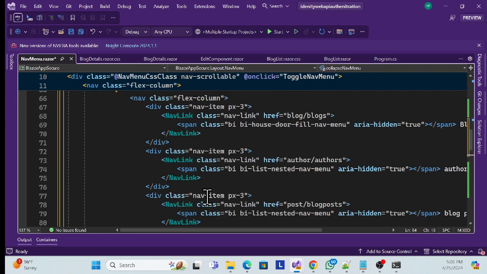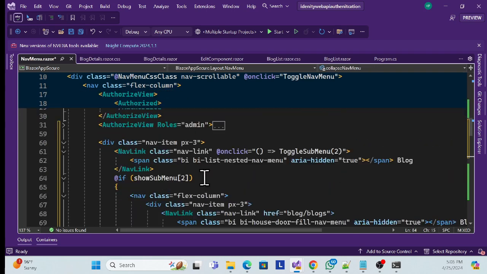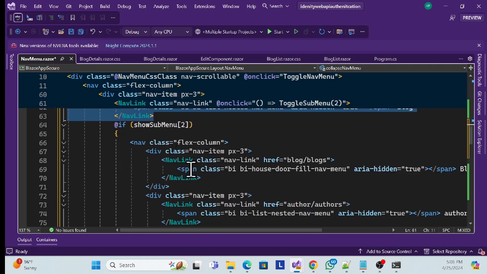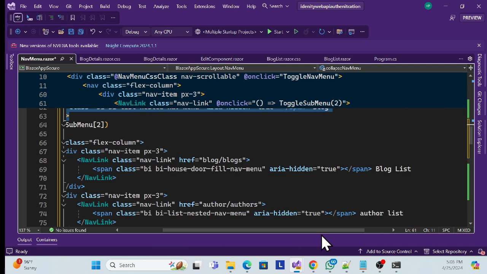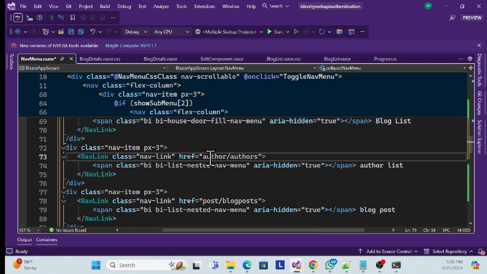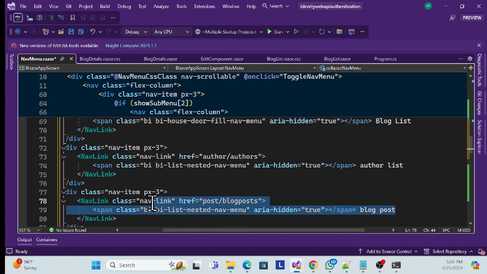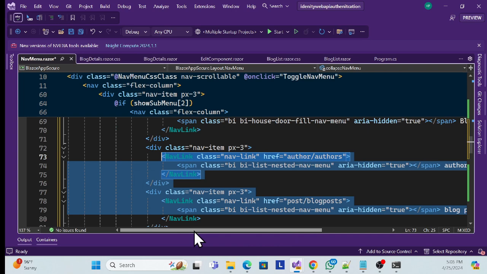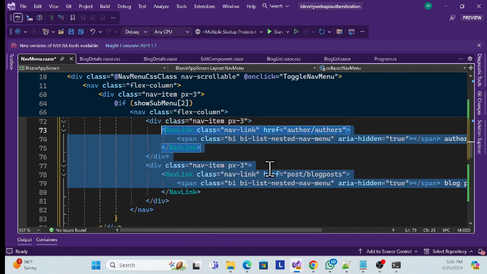This is simple, right? So what I'm trying to do, again, see, this is another blog menu. This is the main menu, and they have again the sub menu of blog list, right? And I also just created additionally author list, post list and all. But yeah, as of now we don't have those components, but we can create them as dummy components over here